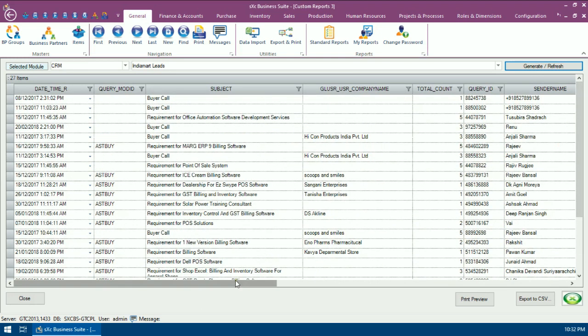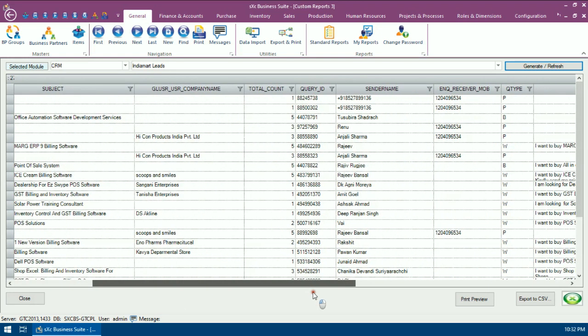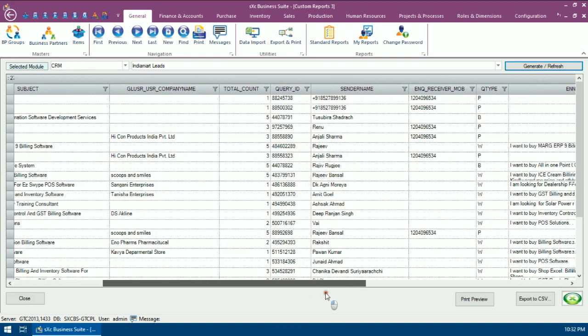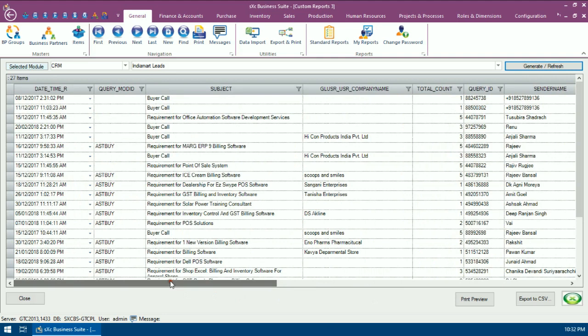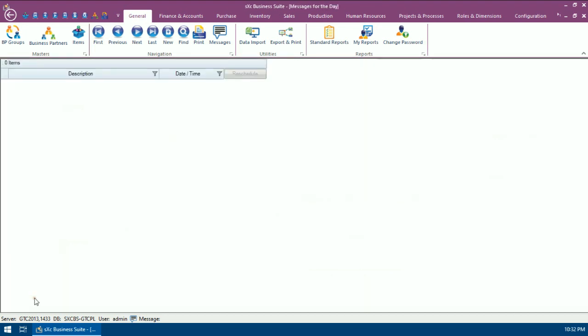This data is the raw IndiaMart data that you fetched from the portal, and obviously it has the mobile number and email address and all those details, and you can either use the filter over here or, just like Excel, you can export it to Excel or in CSV format maybe. And so this is more or less what is available in the system for IndiaMart.